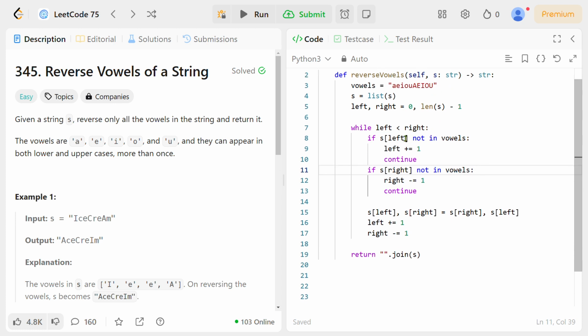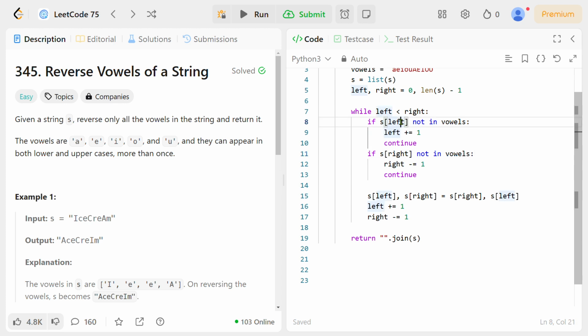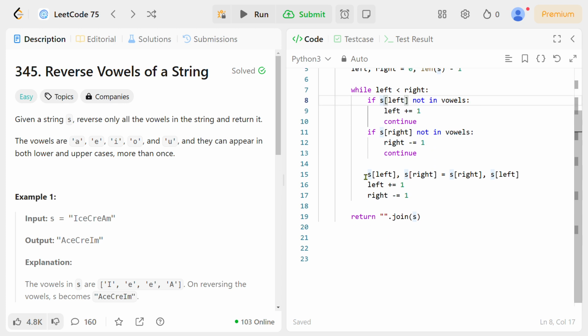Let's take a scenario where we find a vowel from the front side but not from the back. When s[left] is not in vowels, the loop keeps moving, and it stops only when this condition no longer holds.